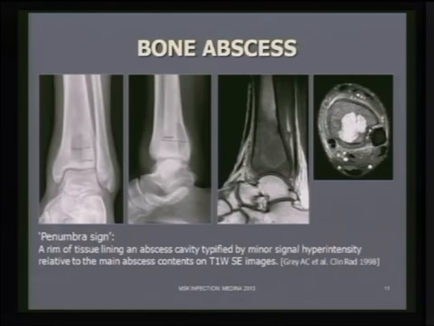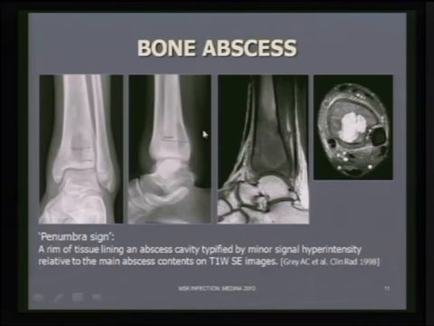Again, another case, we can see an irregular lesion in the distal metaphysis of the tibia. Now, when we look at just the plain radiograph, all we have is a lytic tumour causing mild bone expansion and a bit of periosteal response on the posterior aspect of the tibia, with some soft tissue swelling. And I think at this stage, we cannot say that we're dealing with an abscess or whether this is a